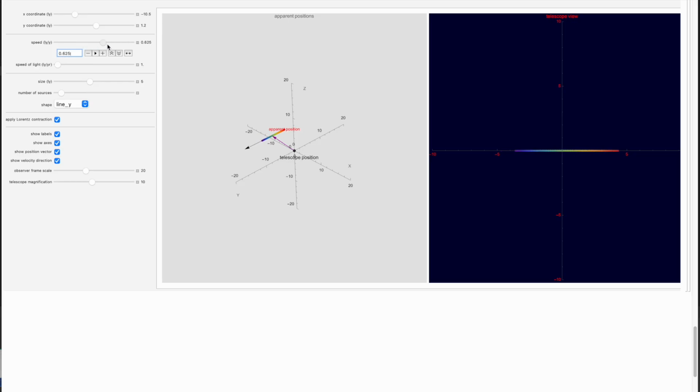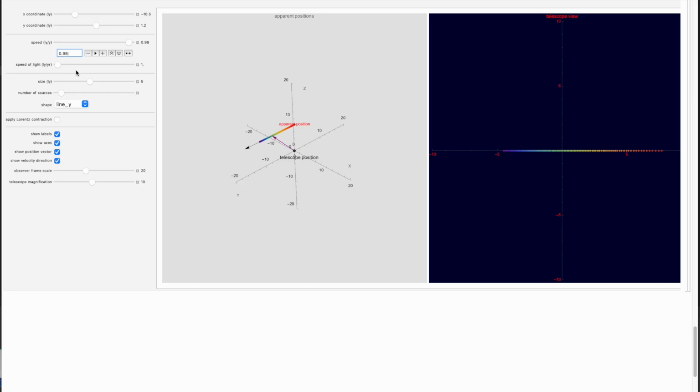And you can see that the line is indeed getting compressed. If we turn Lorentz contraction off, the line once again is restored to a much larger length. So Lorentz contraction is operating very powerfully here.